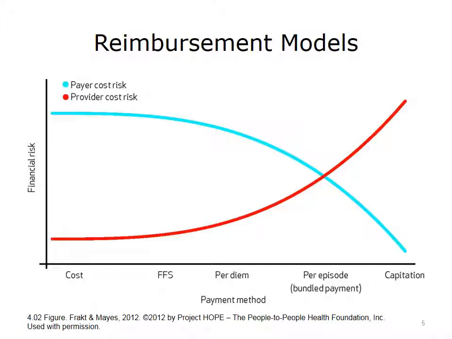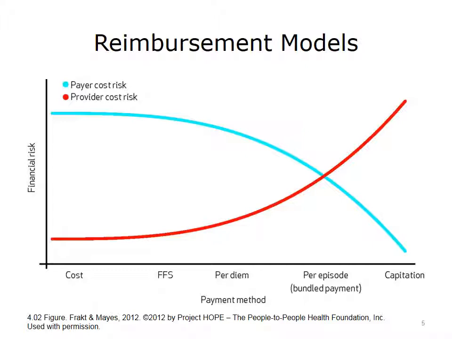The higher you go on the y-axis, the more financial risk one bears. On the x-axis, one moves from a cost reimbursement model to FFS, which includes cost plus some margin, to per diem, in which a hospital is paid a fixed amount of money per patient day in a bed but is paid more if the patient stays more days, to a bundled payment per episode, such as a CABG, a hip replacement, or the birth of a baby, where there is a fixed price for hospital and physician services,